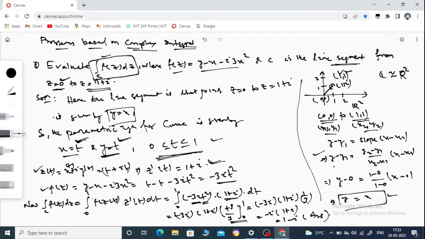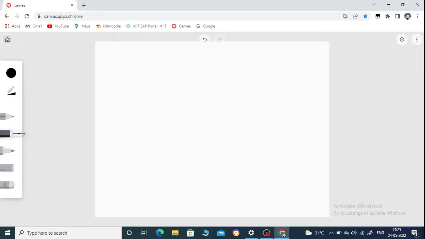you can see it. Then comes another problem. Problem number 2. Prove that integration over c dz divided by z minus a to the power n is 0 if n not equal to 1, and this is 2 pi i if n is equal to 1,